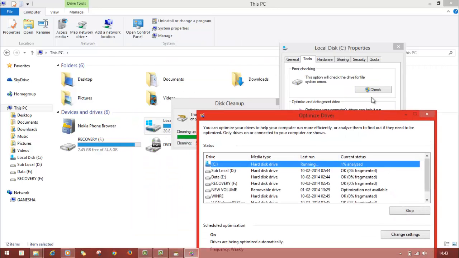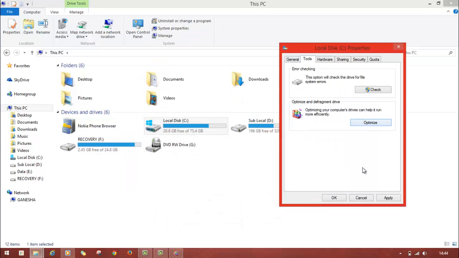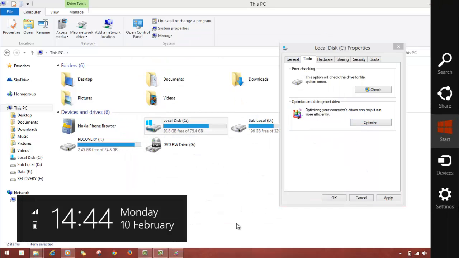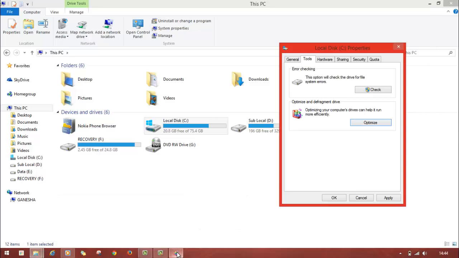Since my C drive is only 75 GB and it has already been defragmented 2 or 3 days ago, it won't take much time. But in your case, if it has not been defragmented for a long time, it can take up to half an hour or 1 hour. So do this step only when your battery is fully charged or you are connected to a power source. You can cancel this defragmentation anytime you want, but a suggestion is that you should let it complete in